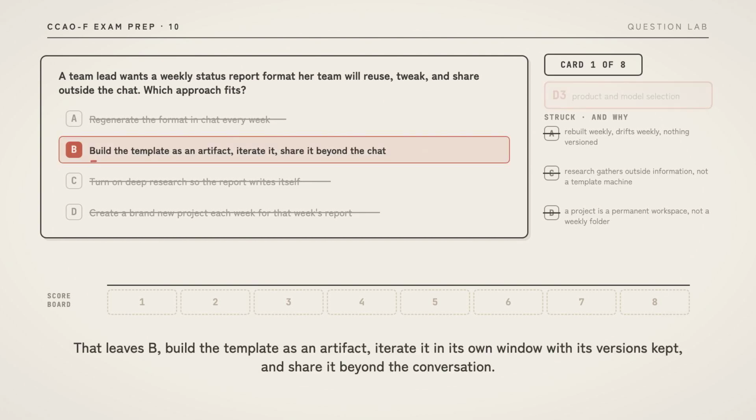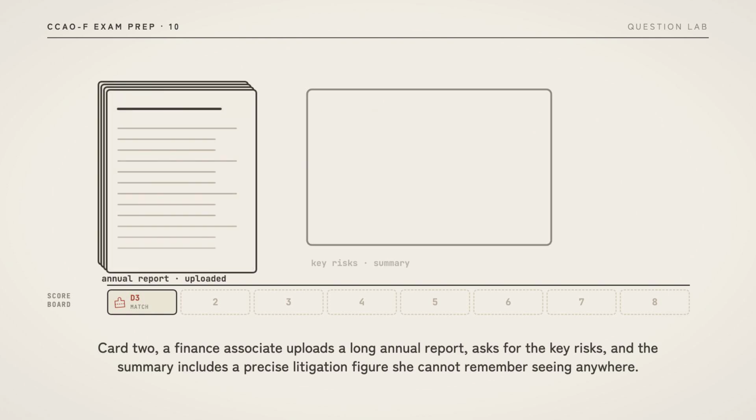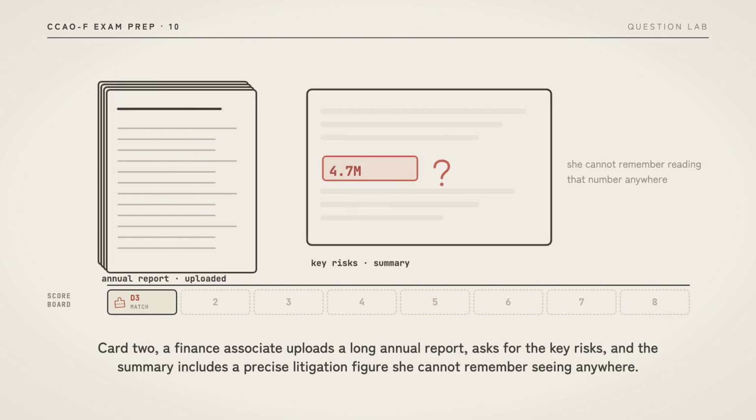That leaves B, build the template as an artifact, iterate it in its own window with its versions kept, and share it beyond the conversation. Reusable, standalone, iterated, that is the artifact's exact job description. Stamp it, match. Card 2. A finance associate uploads a long annual report, asks for the key risks, and the summary includes a precise litigation